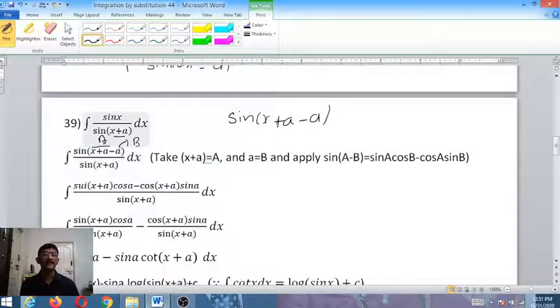This is like sin of a minus b. x plus a is b. The sin of a minus b formula is sin a cos b minus cos a sin b. In the place of a, you have to write x plus a. In the place of b, you have to write a. So sin, this is